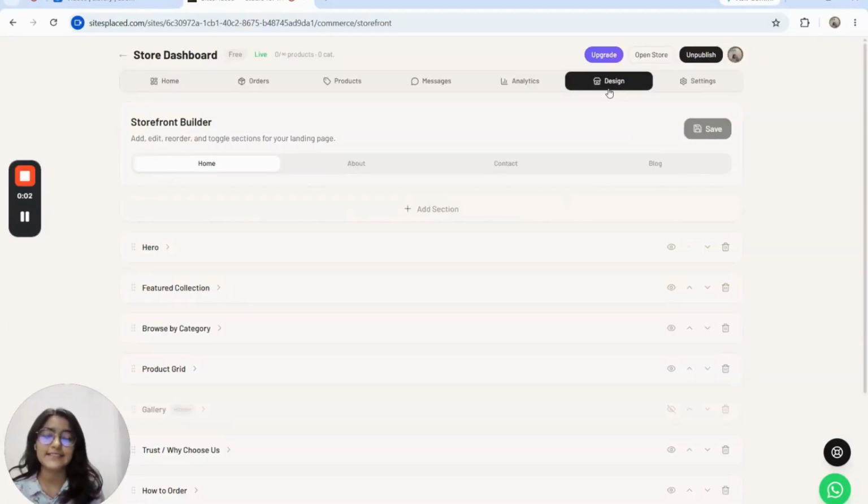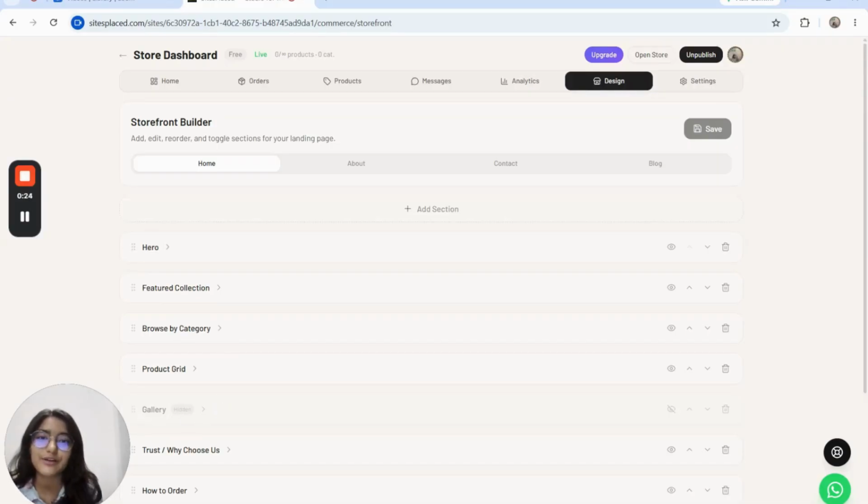After settings, this is the design section where you can customize the look and structure of your online storefront. Here, you can add new sections, rearrange the existing ones, or edit the sections like hero banner, featured collection, product grid, gallery, and more.